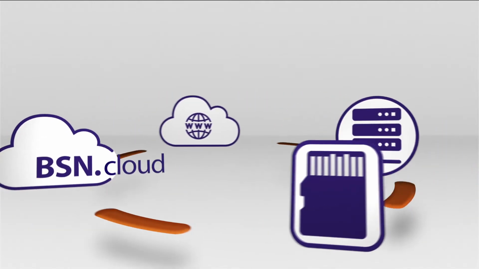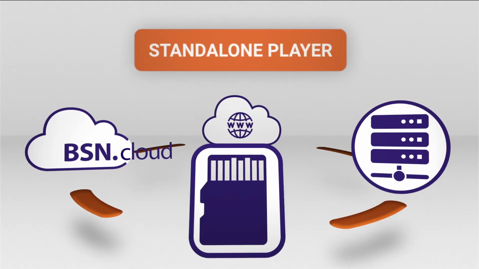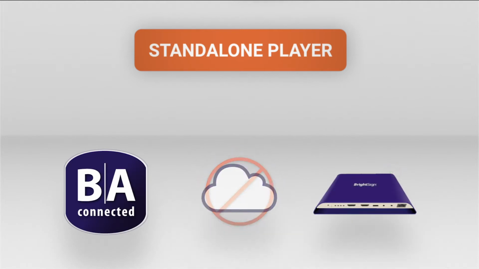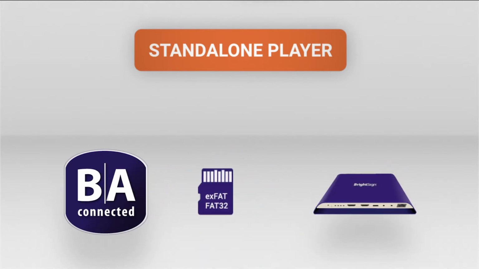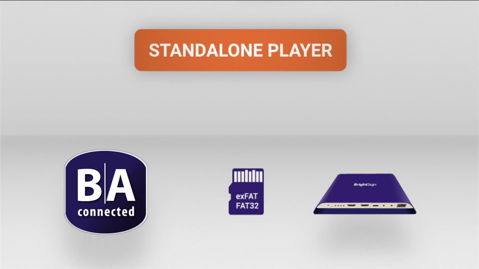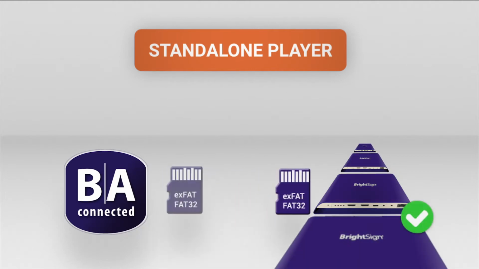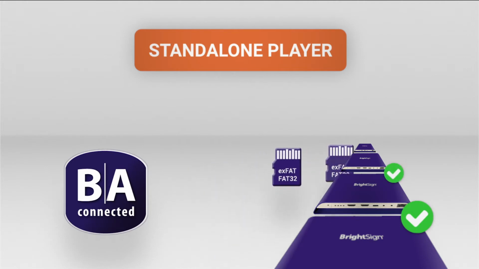One of the easiest ways to get your player set up and running is to set it up as a standalone device. The advantage of this setup is that it doesn't require a network connection. But this means that each time you want to publish new content, you will have to publish the presentation to an SD card and manually load it onto the player. While this method is useful and convenient, if you have multiple players to manage, it can also get tedious.